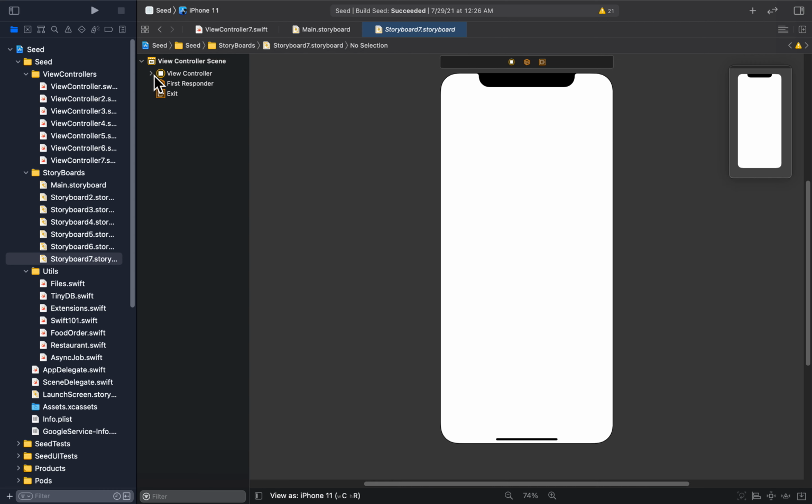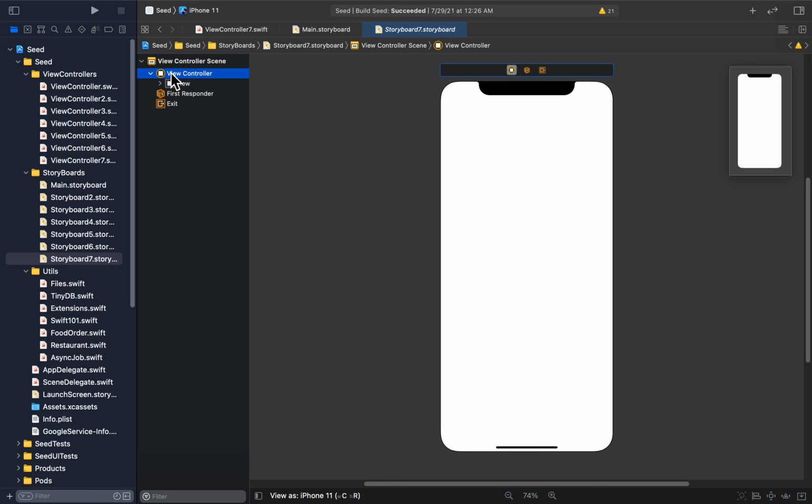Looks like we already have one here. So in case you don't already have one, you drag one in, then